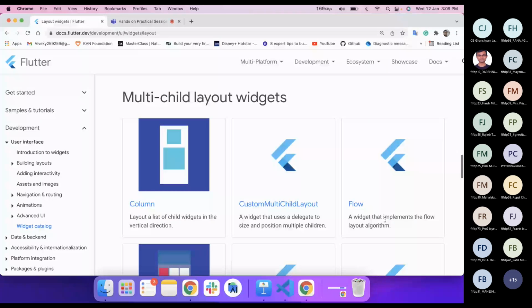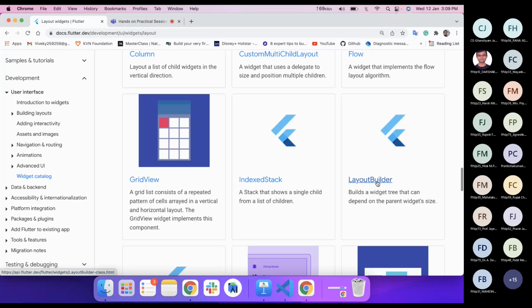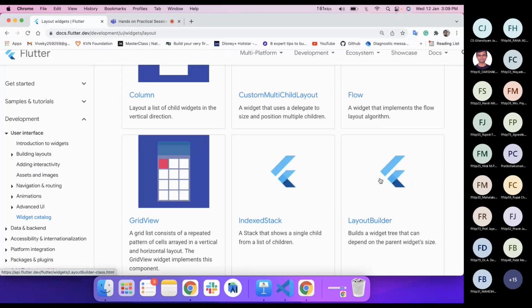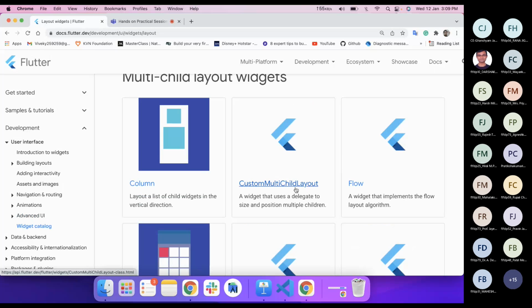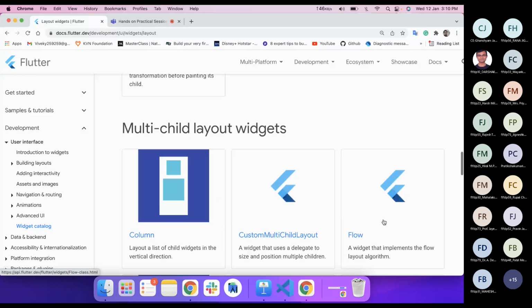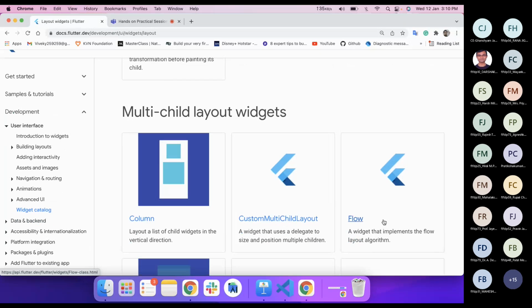Custom multi-child lets us customize our columns and rows. Then we have flow. So basically we have a lot of multi-child layout widgets. What does multi-child widget mean? Can someone tell me what multi-child widgets are?